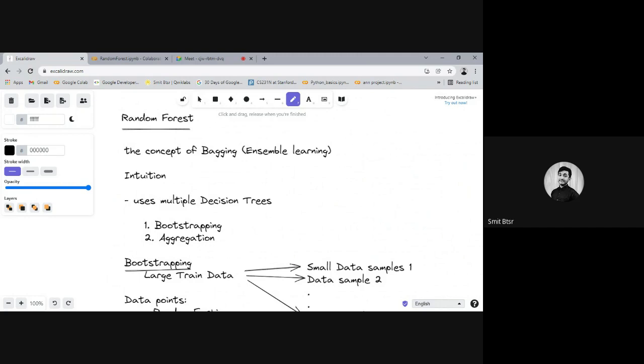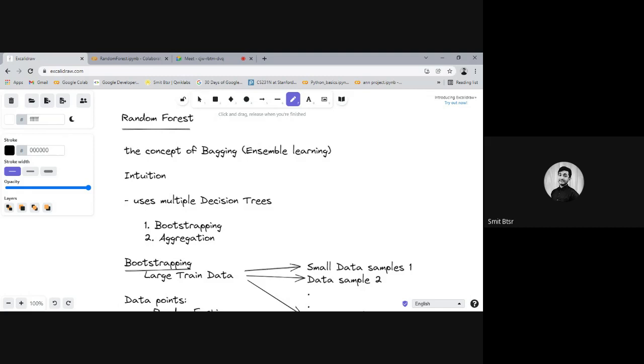What happened in decision trees? A decision tree was one model. We used it to predict, but we found that it was overfitting. So in random forest, we used this concept of bagging, which is using multiple things to do one task. We used multiple models to predict one output.